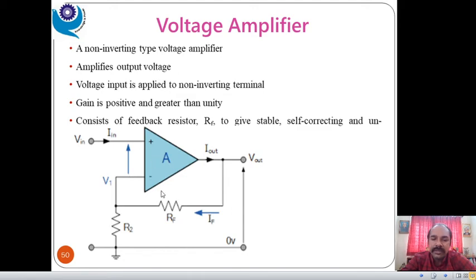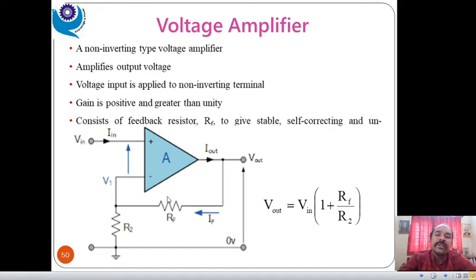In this configuration we have used non-inverting mode. These are the gain selector resistors. With the help of this, we give the input over here, and we can get the output at this point. The output voltage equation is given by Vout = (1 + RF/R2) × Vin. So these two decide the output voltage, and Vout divided by Vin is nothing but the gain. Gain is nothing but output voltage divided by the input voltage.